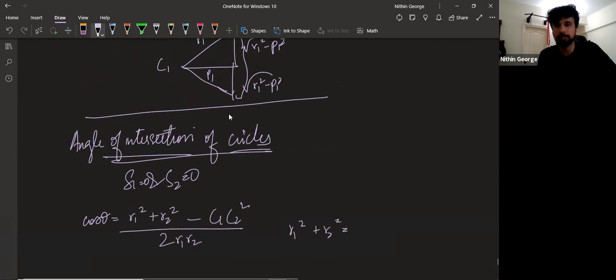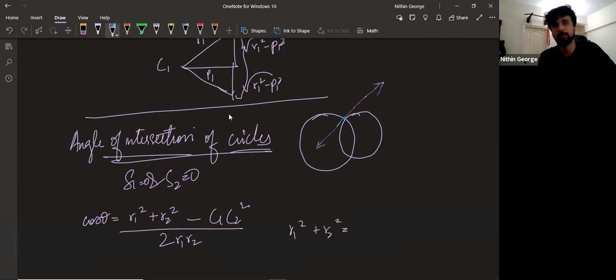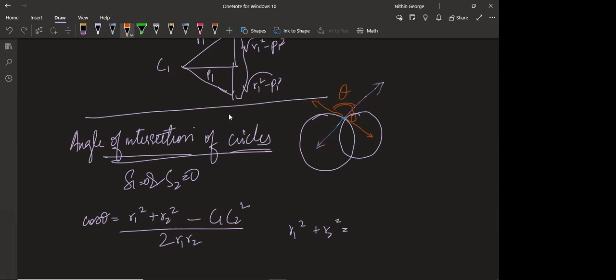So what do I mean by angle of intersection of circles? Let's start with that actually. It'll be clueless if I continue along this method. So they meet at this point, this blue point. Can you see? Yes, sir. Okay. So there is a tangent you draw to one circle here, and another tangent you draw to the other circle here. The angle between them is the angle of intersection I'm talking about. All right. Got this, guys? Yes, sir. Okay. So this is the angle theta I'm talking about.